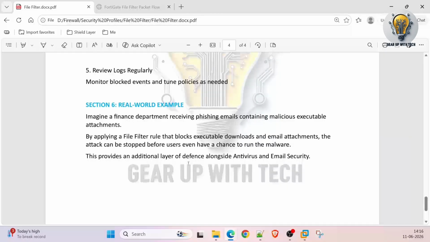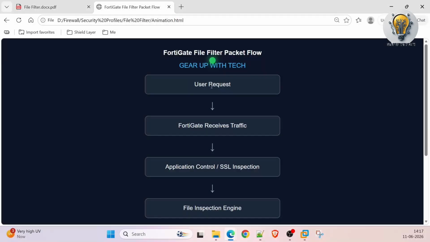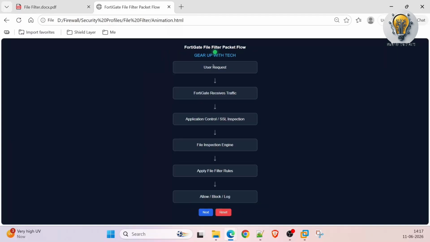It will not be allowed to pass through the firewall to reach the end user machine. The firewall will drop or block the packets there only. So let's see how a packet flows in a network for file filtering. Suppose this is our user machine. Initially the packet will be at the user machine, then the packet will reach the